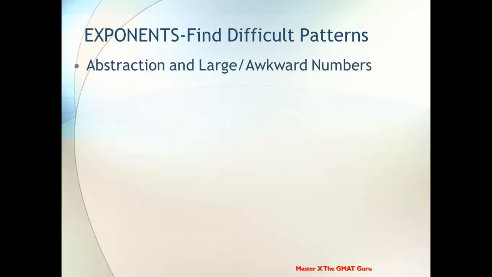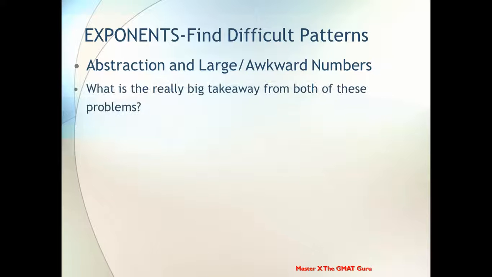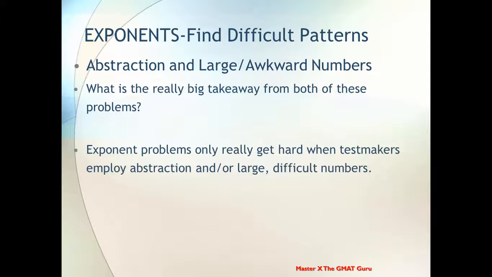All right, so you have to be able to find difficult patterns in GMAT with big numbers. Abstraction and large, awkward numbers is what they're going to try to give you in order to trap you, in order to trick you. So what is the really big takeaway from both of these problems, the examples that we just saw? Exponent problems only really get hard when test makers employ abstraction